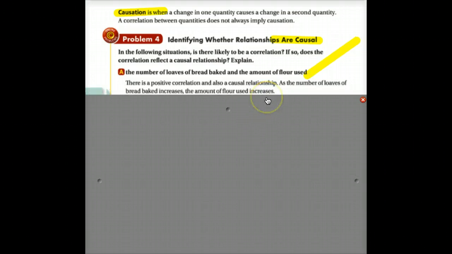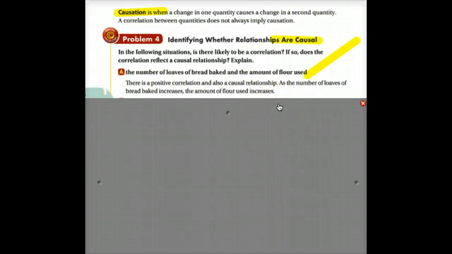All right, the number of loaves of bread baked and the amount of flour used. Well, think about it. If we make more and more loaves of bread, we'll probably use more flour. So there is indeed a positive correlation. As we bake more bread, the amount of flour goes up. That's a positive correlation. It is a causal relationship also because the number of loaves we bake causes us to have more flour purchased